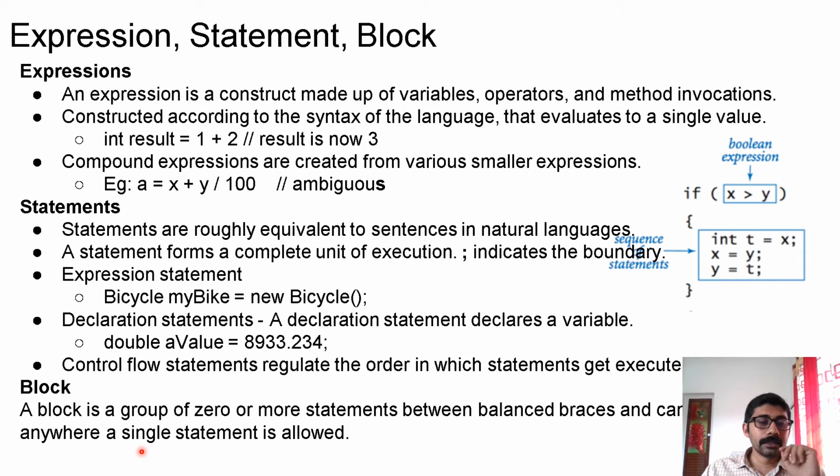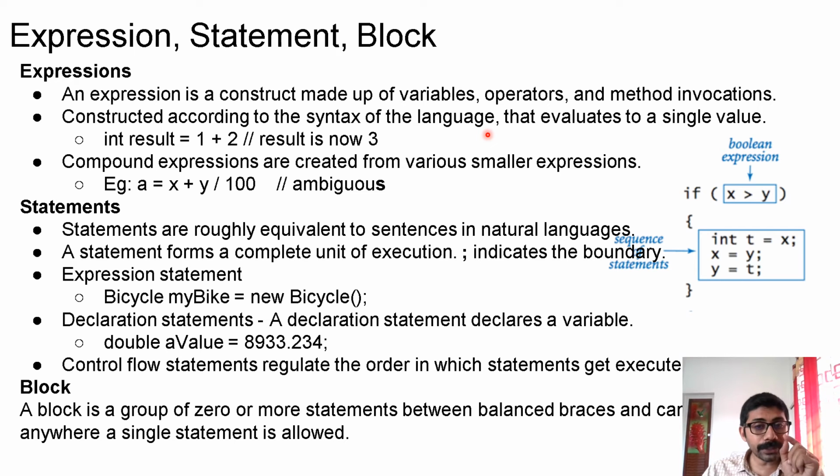In Java, in every program you will see expressions, statements, and blocks. So let us try to understand what an expression is. An expression is a construct made up of variables, operators, literals, and method invocations, constructed according to the syntax of the language, that evaluates to a single value. That is the key point.